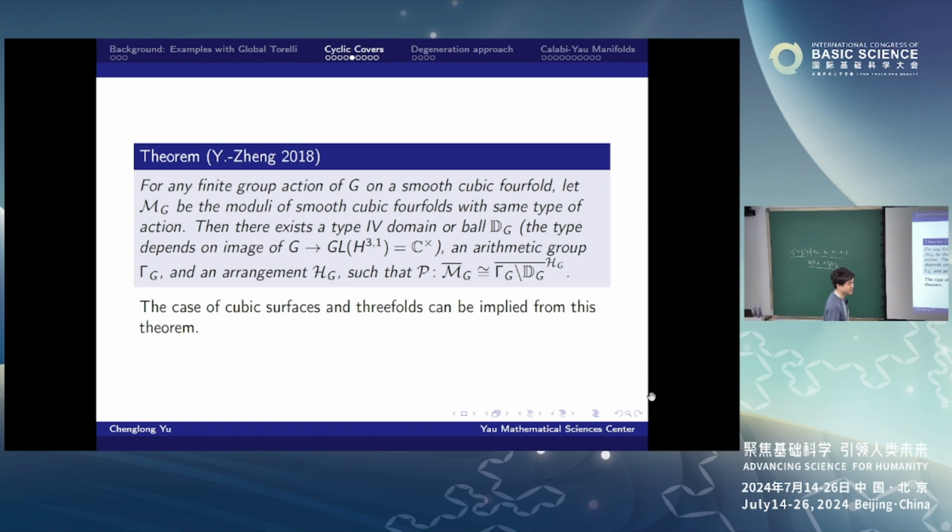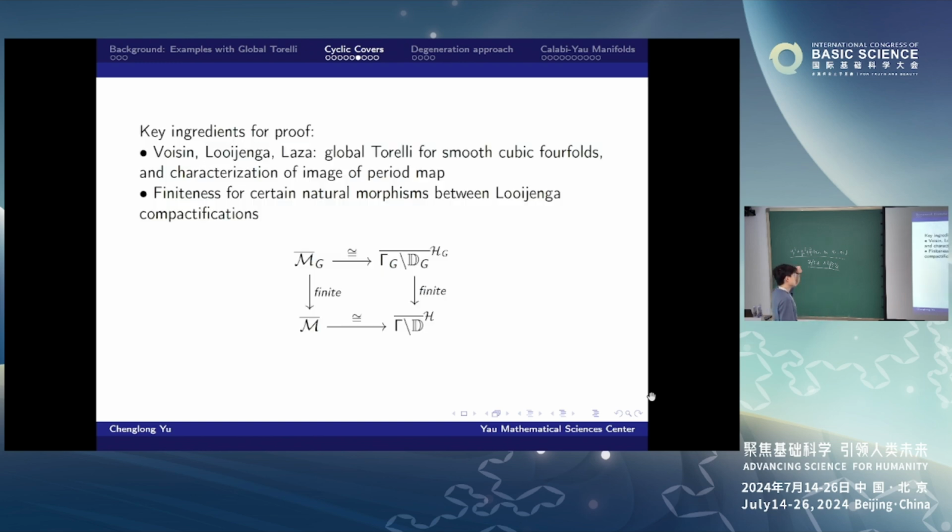So it's just the automorphism group, the finite subgroup of the automorphism group of the cubic fourfold. So let me say a little bit more about the key ingredients in the proof. So the key ingredients,